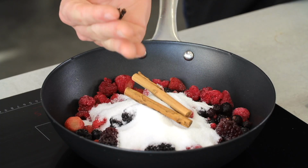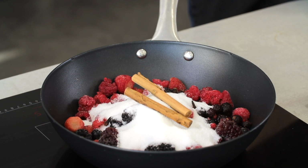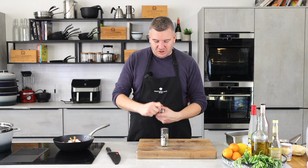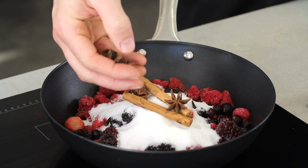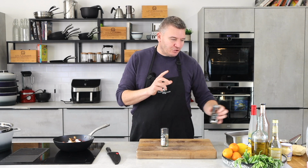So I've got about half a teaspoon of cloves there, maybe, what's that, 6 or 7? Again, if you really like them. Oh, it smells of Christmas. Yeah. That is just like your Christmas hit, all right? And then star anise. Some people like star anise, some people don't. I absolutely love star anise. I think it's got such a lovely flavour, and it really does play as part of a team of flavours,